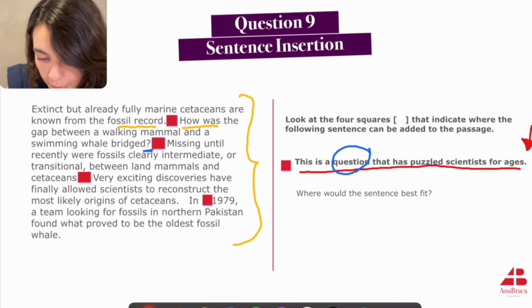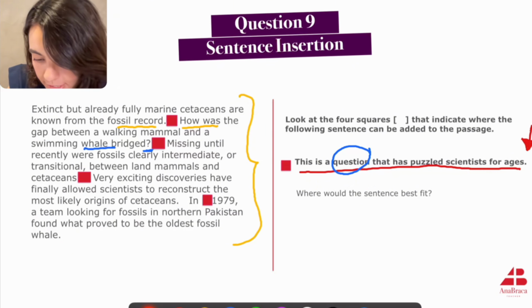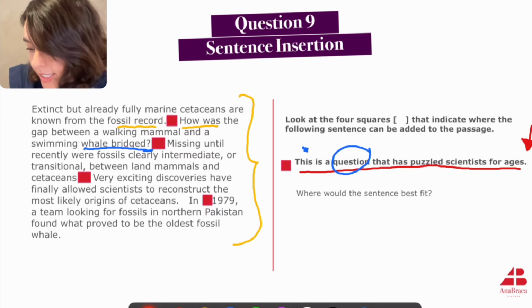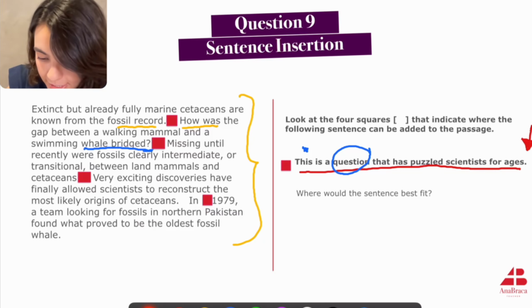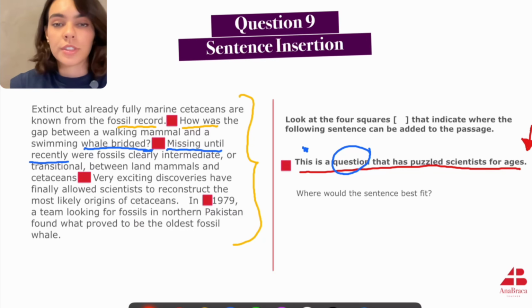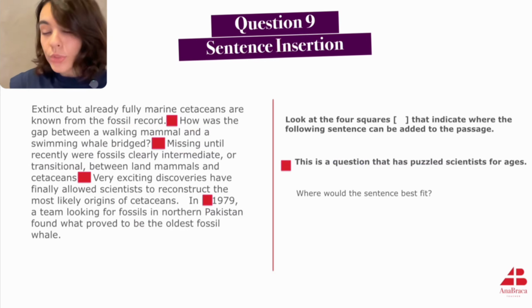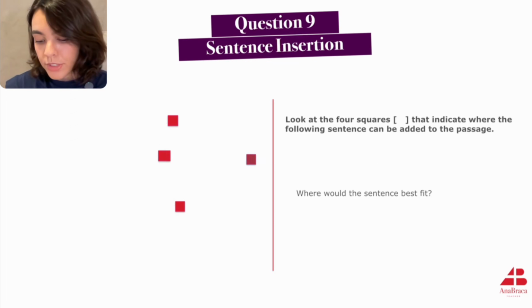How was the gap between walking mammals and swimming whales bridged? This is a question that has puzzled scientists for ages, missing until recently were the fossils, and then you continue. So that's how you have to go about this